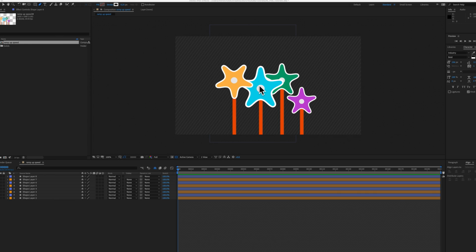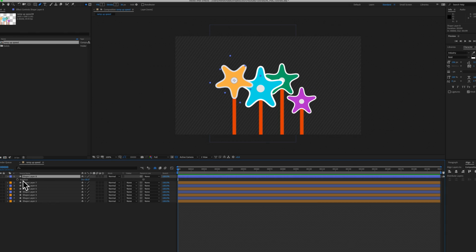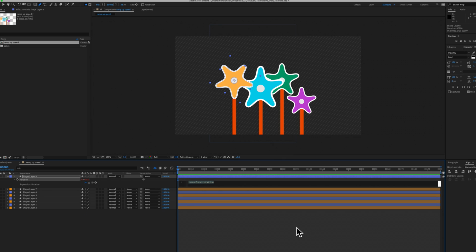So as you see, I got a few pinwheels here in the comp in a separate layer. I'm gonna animate them. Let's start with this one. Just hit R to open rotation properties. I hit Alt and click to open the expression property. Just simply write